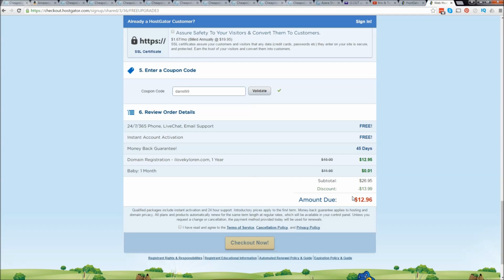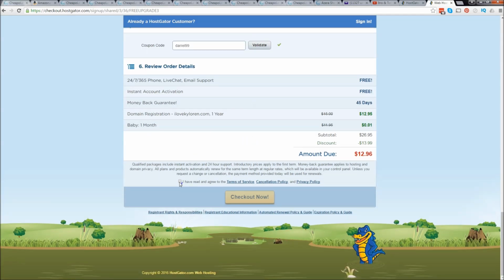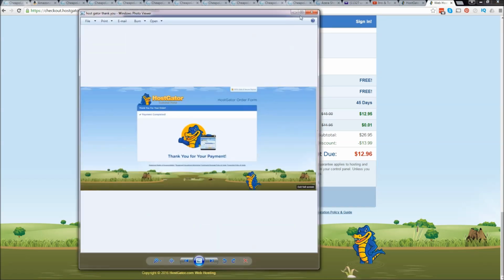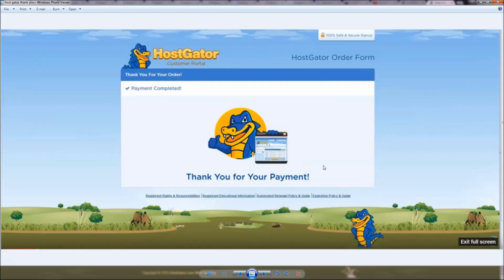Okay. So once you're done filling out all your information, go ahead and check this box right here and then click on checkout now. And once you click on checkout now, you'll be brought to this page. It's going to say, thank you for your payments. Welcome to the HostGator family. Next, it's going to bring you to